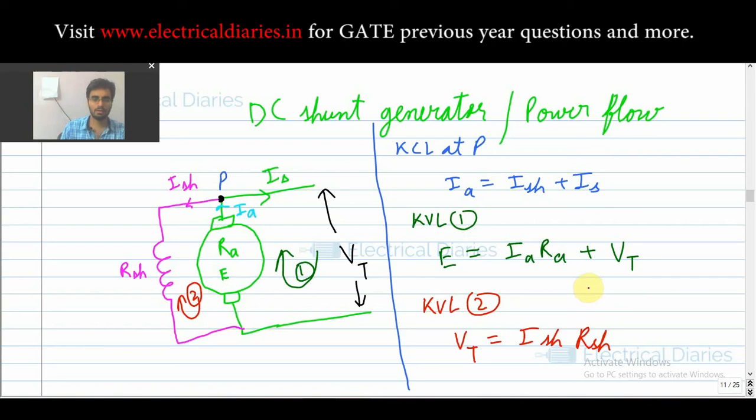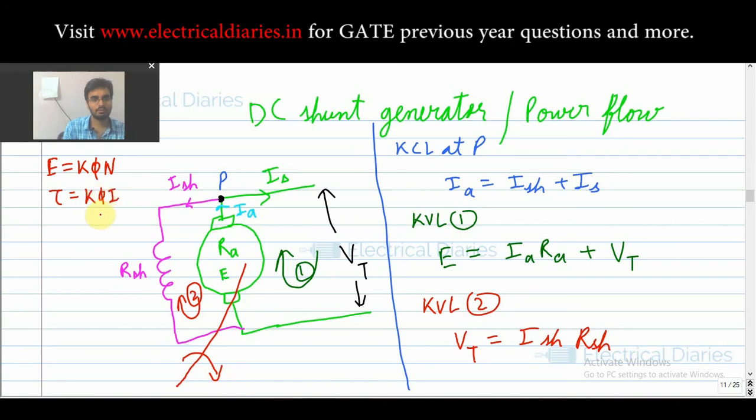Again, those equations will come in handy. I have forgotten to draw the prime mover. Let me say your prime mover is this. And these equations will always come handy for any DC machine, that is E is equal to K phi N and torque is equal to K phi I.